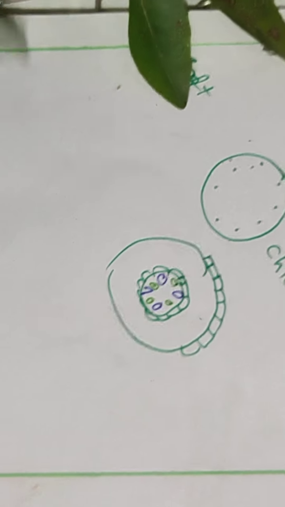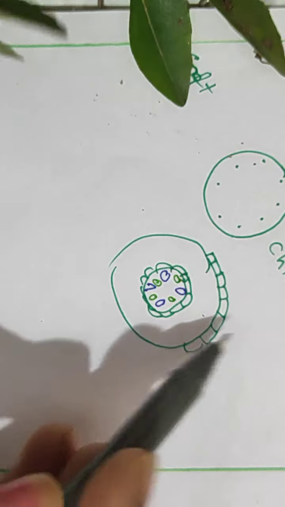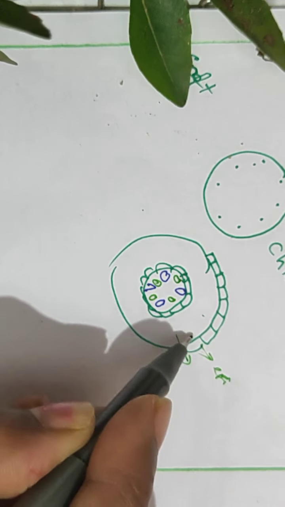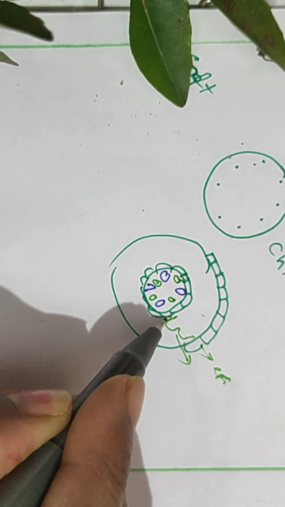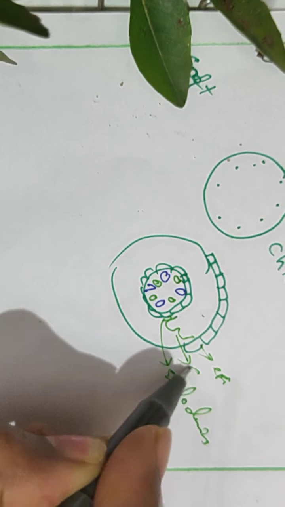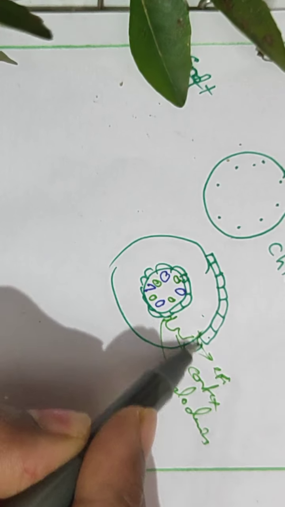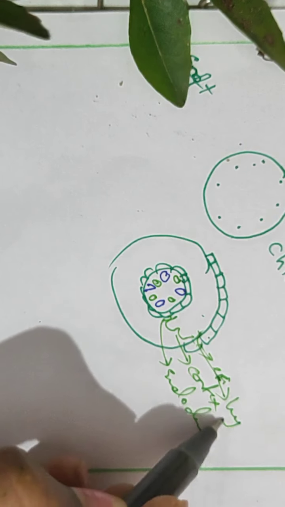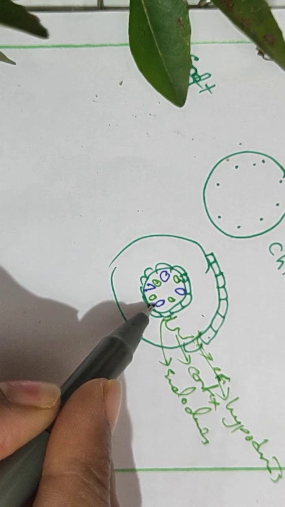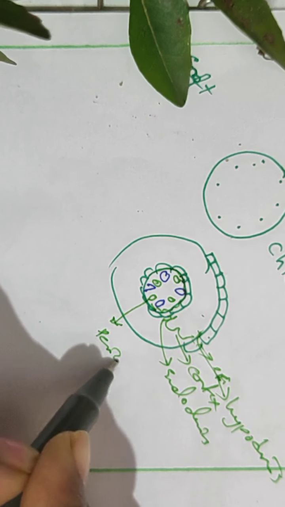In this fashion. Okay friends, whenever you are studying this, the outermost layer is the epidermis and this is the cortex. The last layer of the cortex will always be the endodermis. The initial layer next to the epidermis we call the hypodermis. Next, followed by the endodermal layer, there is another parenchymatous layer called the pericycle.